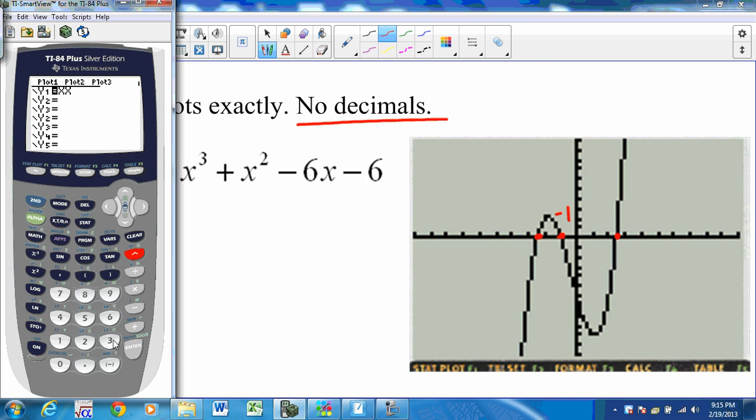x cubed plus x squared minus 6x minus 6. If I do zoom 4 to get a decimal window, and I go to find my zeros. So if I go over here to the right, it's kind of off the graph,